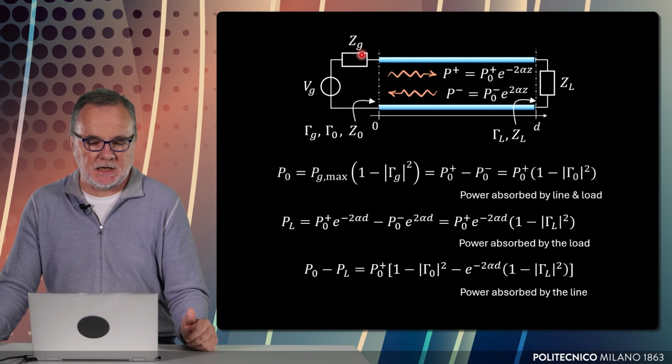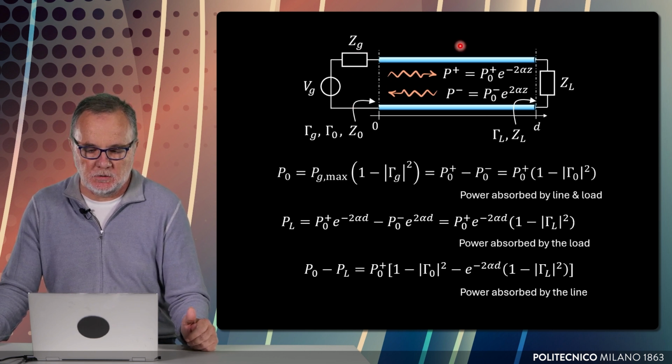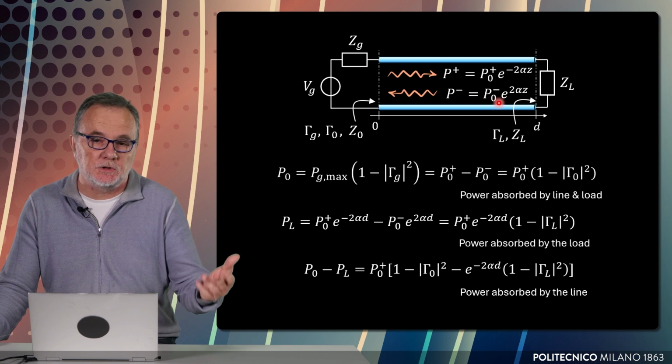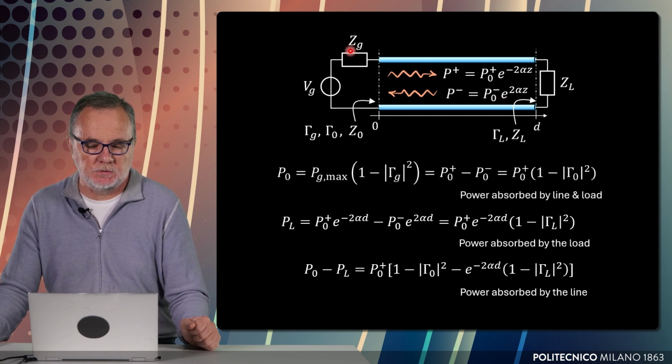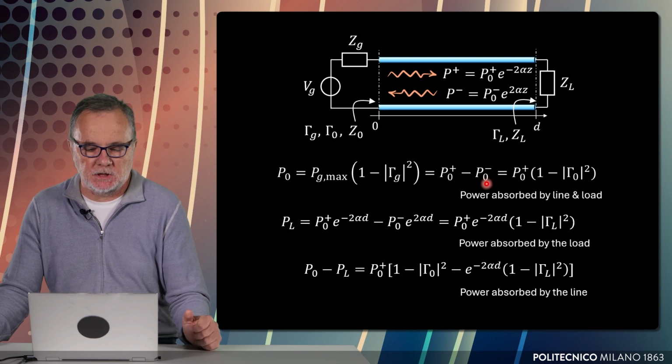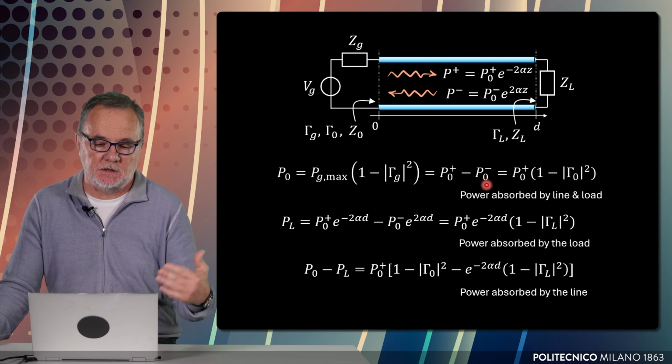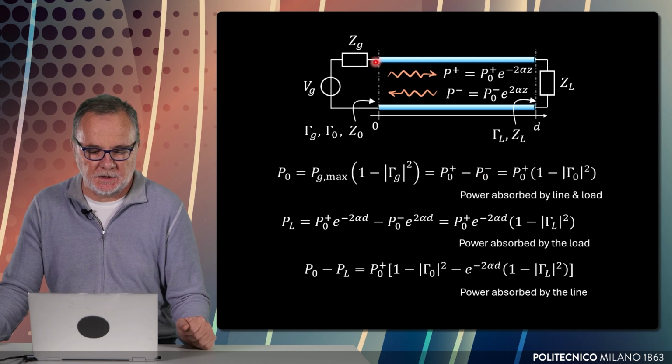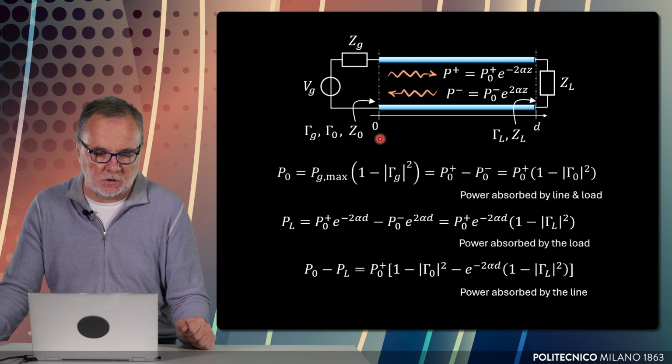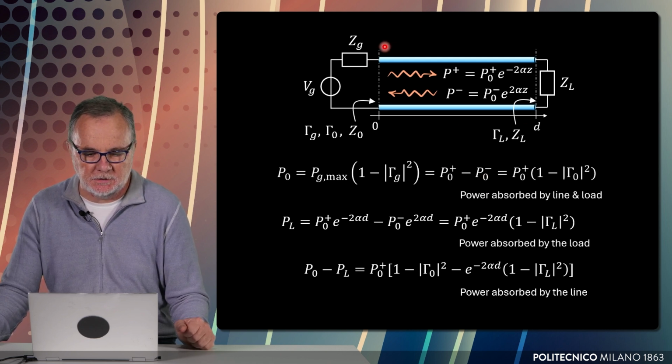So what happens when you excite this circuit in which there is a load, there is a transmission line with losses maybe, and there is a source with an internal impedance Zg? We have a total power that is absorbed at this cross-section. This total power is the difference between the power associated to the traveling wave in the positive z direction minus the power reflected, associated to the wave traveling in the minus z direction. The difference between these two is the total power absorbed by everything that is on the right here.